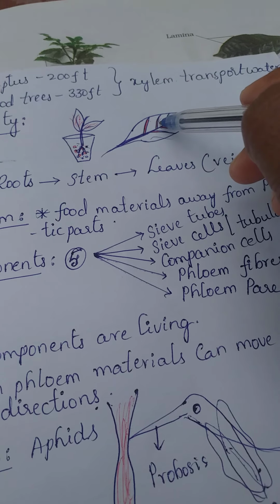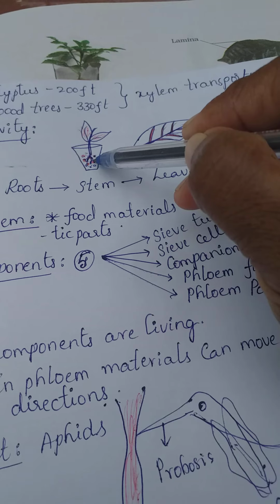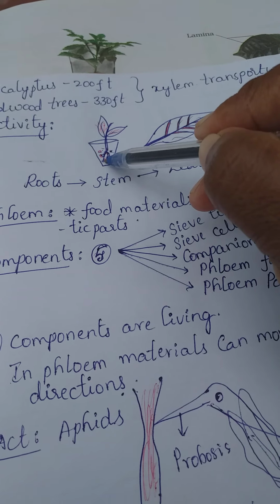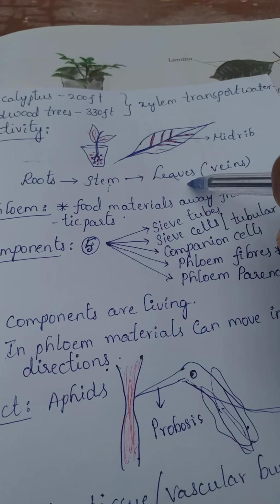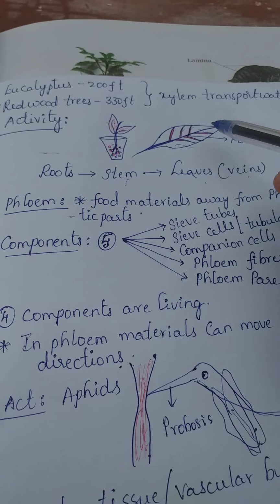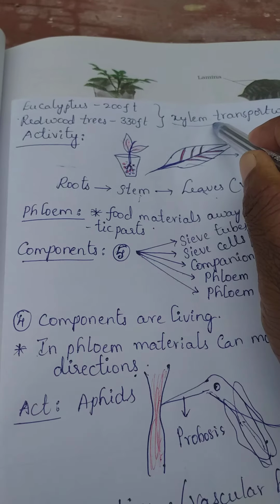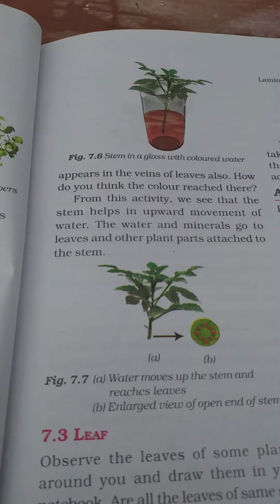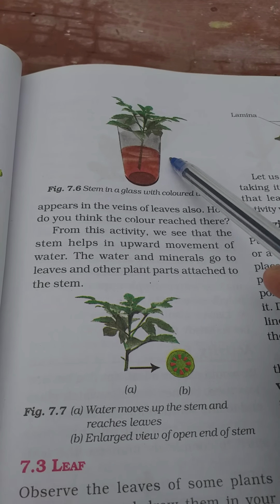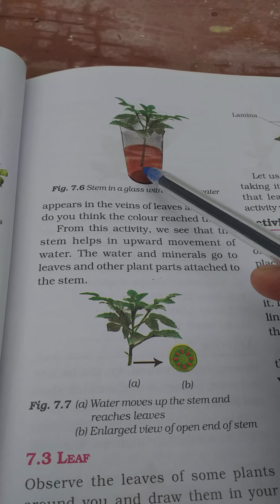The red color means the red colored water is absorbed by the root. From the root it came to the stem, from the stem to the leaves, and it appeared in the veins. This is all because of the presence of the xylem. And here there is one small diagram which shows that xylem transports the